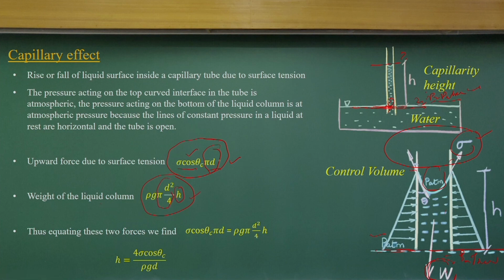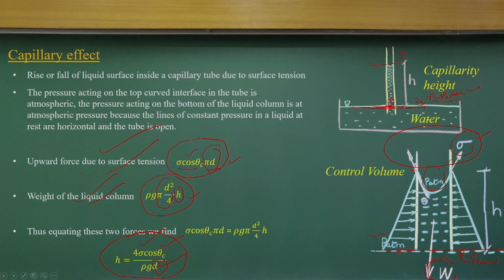So, you have the weight of the fluid. Just equate these two parts, the upward force due to the surface tension and the weight of the fluid. What will we get? H will be this part, as a function of surface tension, where D is the diameter of the tube and theta c is the contact angle. So, the capillarity rise is proportional to the surface tension. Here we are talking about water, air and glass. If you use a different fluid